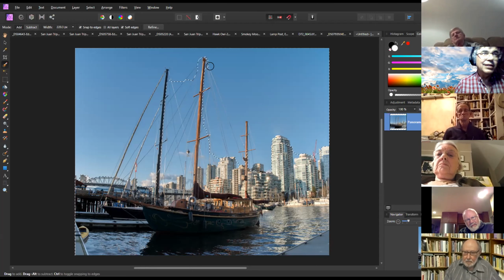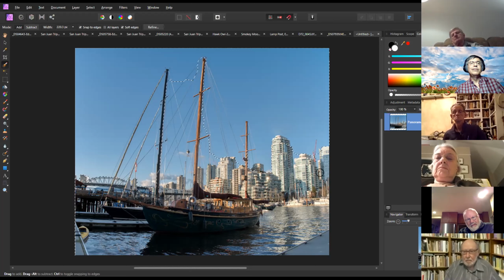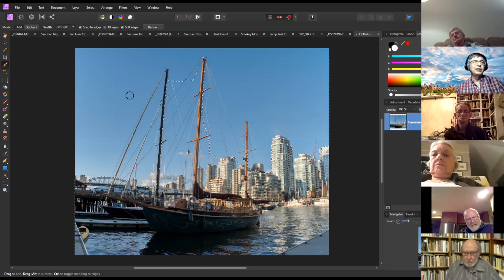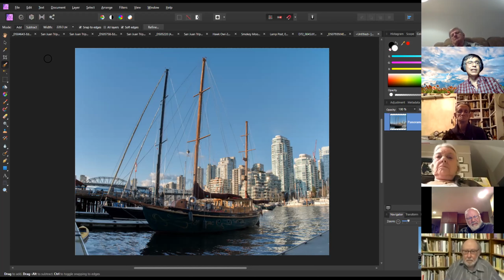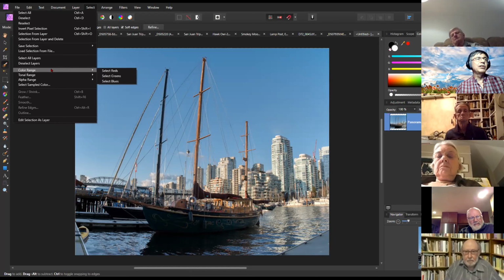Can I ask if it'd be easier to select the sky and use a contiguous brush? Yeah, actually, you have a very good point. I don't even have to do this. If I deselect here, Control D, I can go into my selection menu, go down here, and go to color range or tonal range. So if I go to color range and select blues,